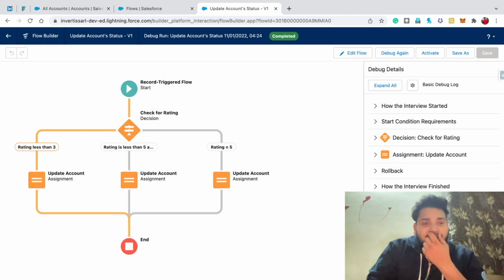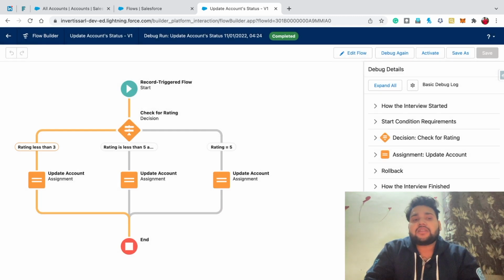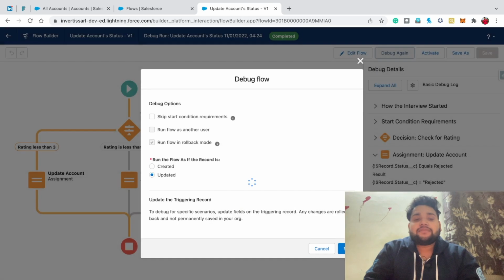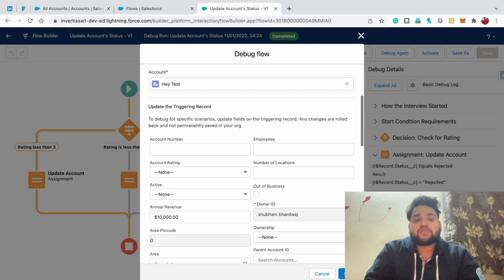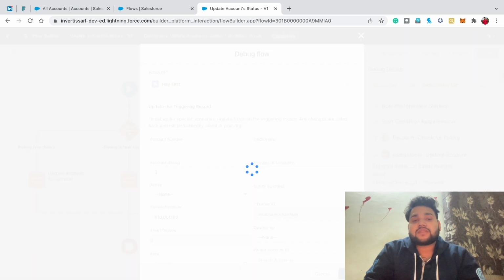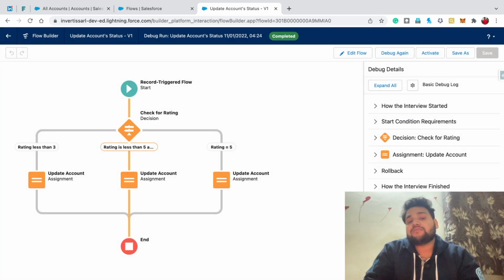So you can see, with a rating less than 3, this outcome is executed, and if I come to here you can see record.status equals rejected. Let me debug again, and this time I am going to provide the rating 3, and let's click run. So you can see the middle outcome is executed, and again you can check